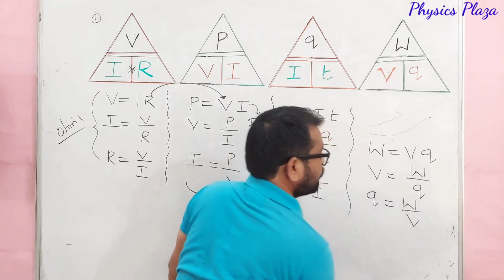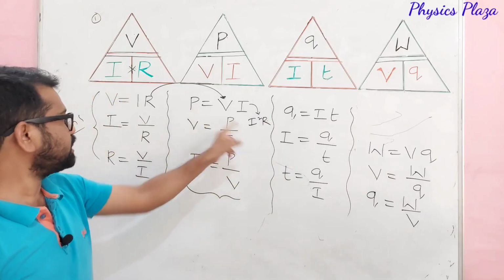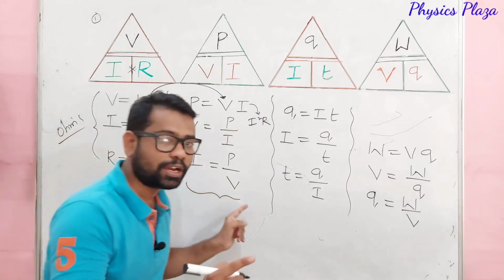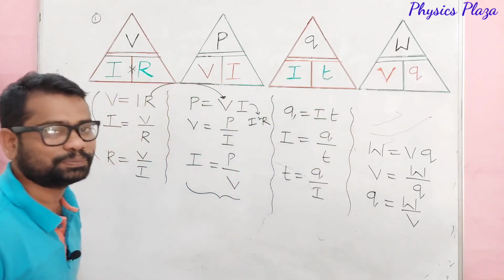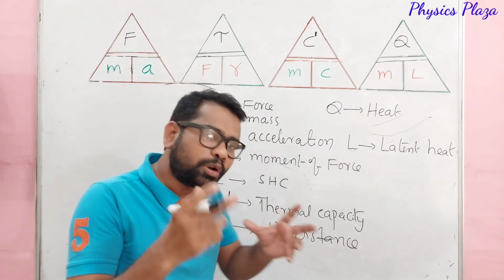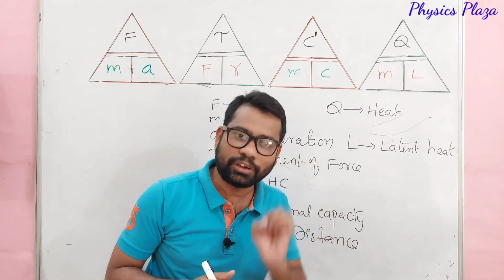So this is all about it. Look at here: 1, 2, 3, 4, 5, 6, 7, 8, 9, 10, 11, 12, 13 formulas which we got. And next we are going to discuss a few more magic triangles. Just copy it. Children, before going to discuss a few more magic triangles, let us think once again what are the quantities which are involved in it.